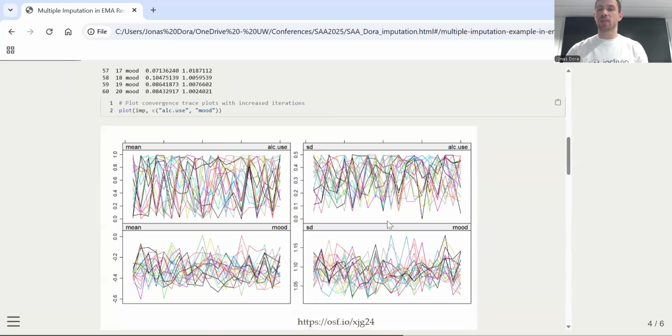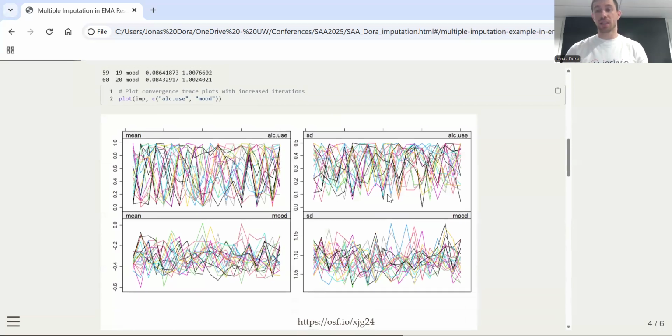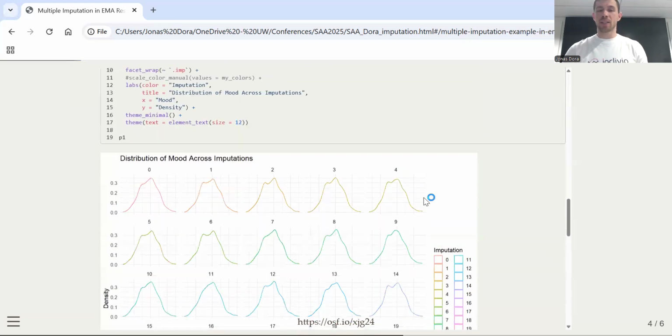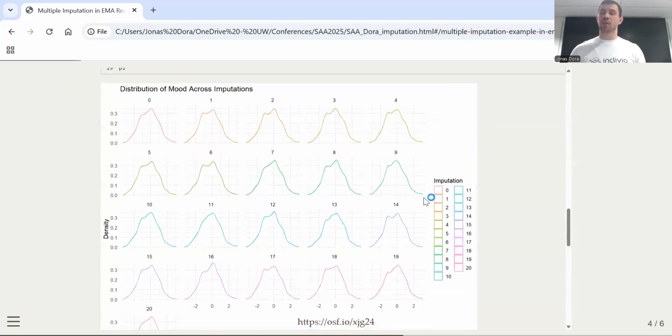We should take a look at the trace plots to make sure that the chains have mixed, just like in Bayesian statistics, and this looks good as well. I like to make a plot like this one, where I compare the distribution of the imputed variable in the observed data and in the imputed data. And of course, they should look roughly similar. So here 0 is observed data and 1 through 20 are the imputed data sets. The distribution doesn't need to be exactly the same, but certainly if it's really off, then you know that something